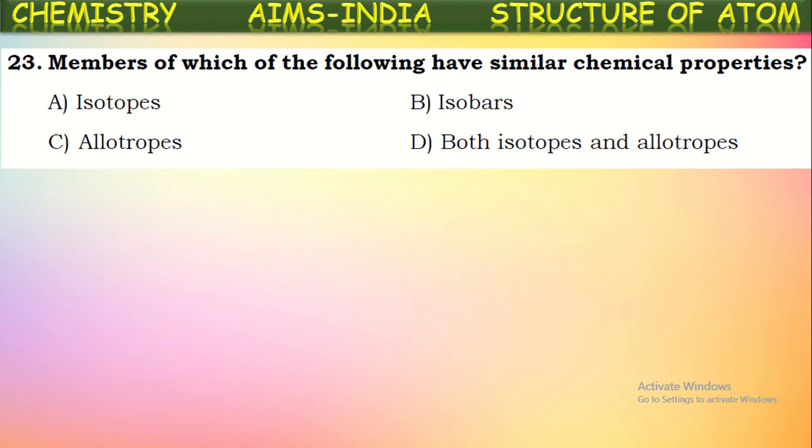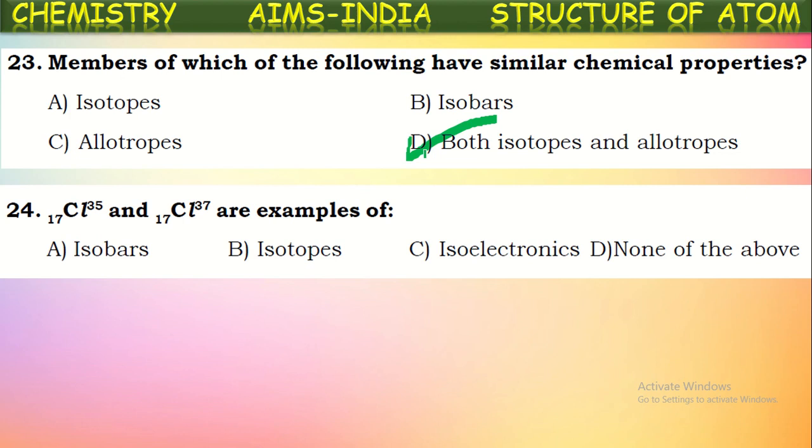So we can say here isotopes and allotropes both will be having similar chemical properties, because in isotopes the atomic number is the same, so they have similar electron configurations, and in the allotropes also the element is the same, only the difference is in physical existence. Okay, so both allotropes and isotopes will be having similar chemical properties among them. So next one,